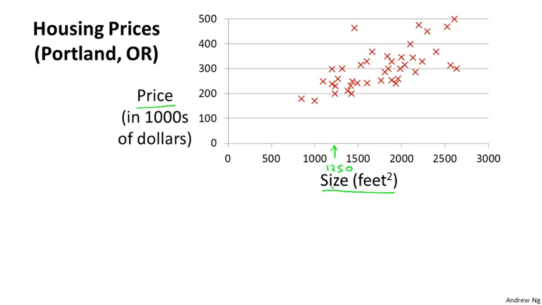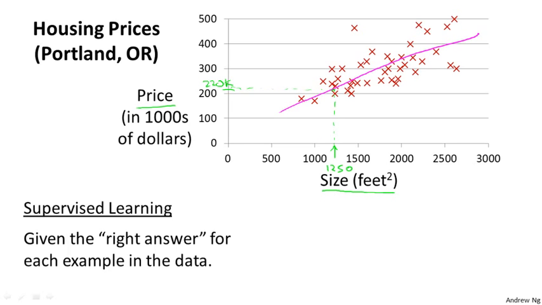Well, one thing you could do is fit a model, maybe fit a straight line to this data. That might look something like that. And based on that, maybe you could tell your friend that it looks like they can maybe sell the house for around $220,000. So this is an example of a supervised learning algorithm,